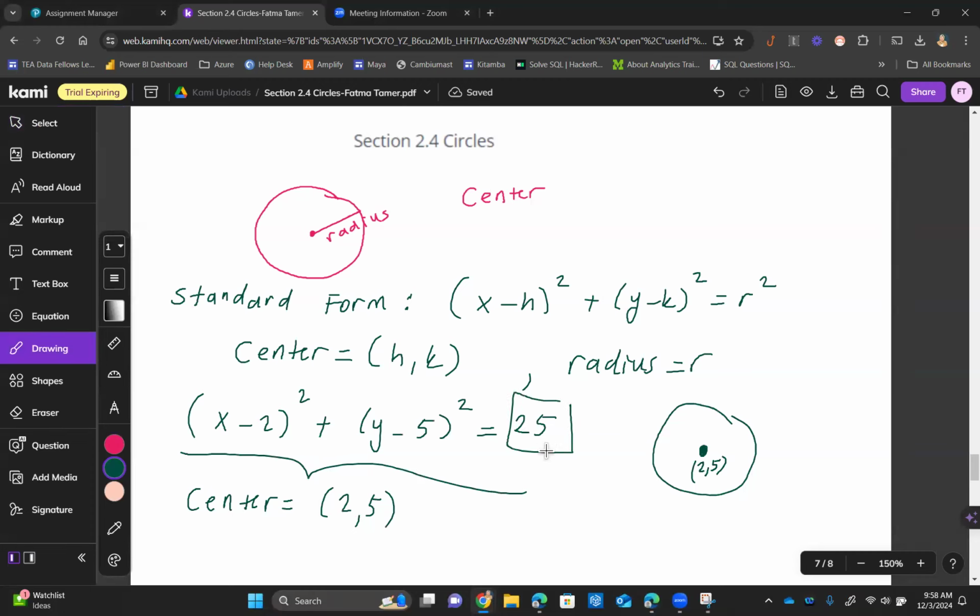And this represents r squared. So if r squared is 25, r will be equal to 5. From the center to one of the endpoints, the distance will be 5. And this is how you handle circle equations. So we're going to look at the assignment for circles right now and understand more